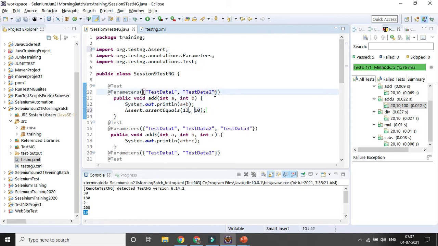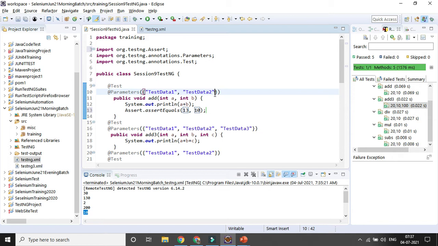Then my objective is that suppose the first time I am running all the test cases, some test cases can fail. Because in real time you have 1000 test cases, and if you run all the test cases, some can fail because of some synchronization issue. Some can fail because a web element is not found. Some can fail because of an application behavior change. But definitely every time I will not be running all the test cases.